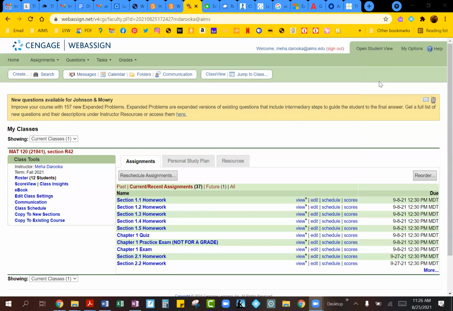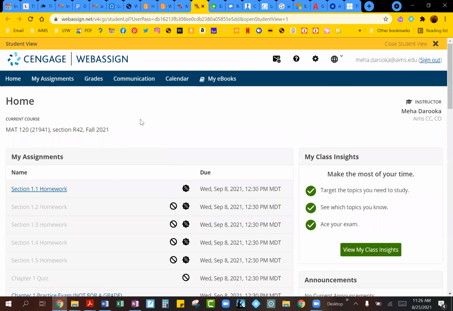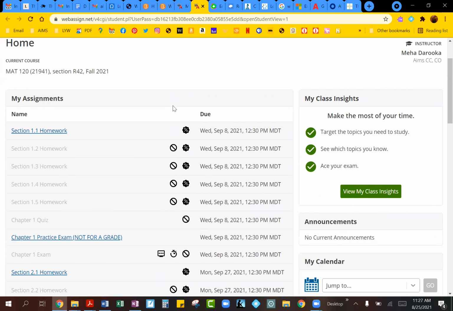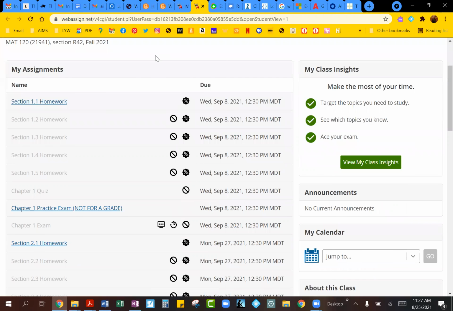So I'm going to try and get into the student view in here. And you can follow along in your own accounts if you prefer, just to look at it. So this is what your interface will look like. As I was mentioning last time, since we have that 90% requirement on our homework